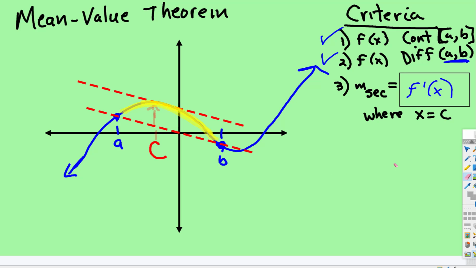Okay, that's intro to the mean value theorem, and then we'll do a couple examples in the next